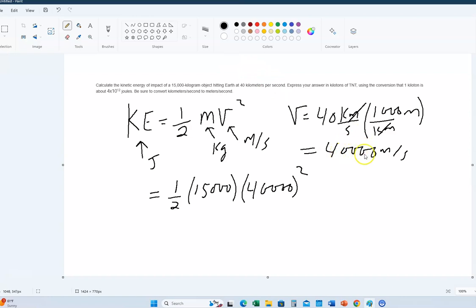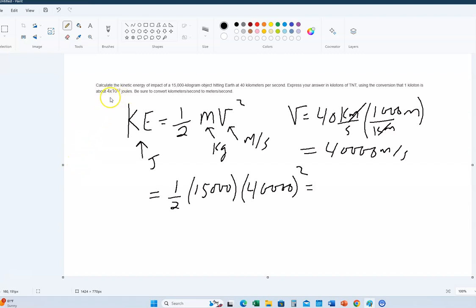You increase the velocity, and the energy goes up as the square of the velocity. So this is going to be an enormous amount of energy. Whatever this turns out to be, it's going to be in joules. Then we're going to divide it by